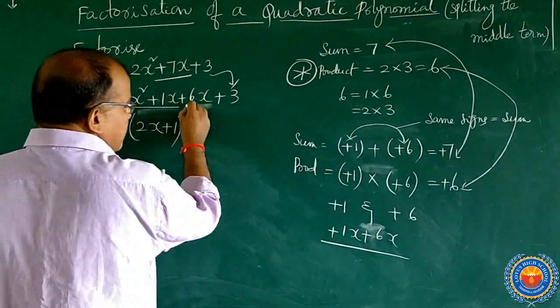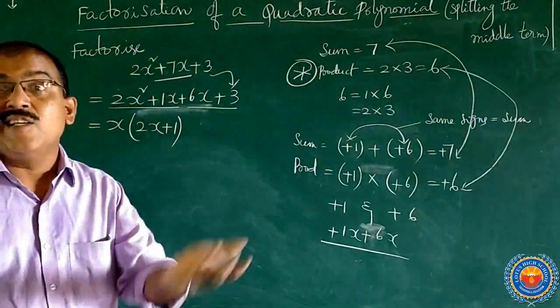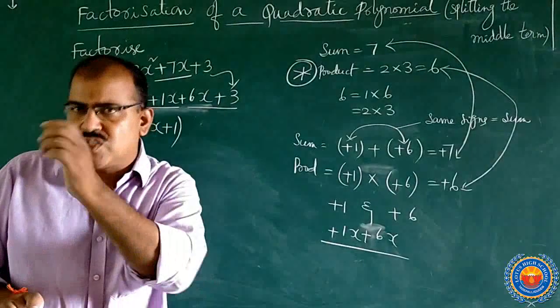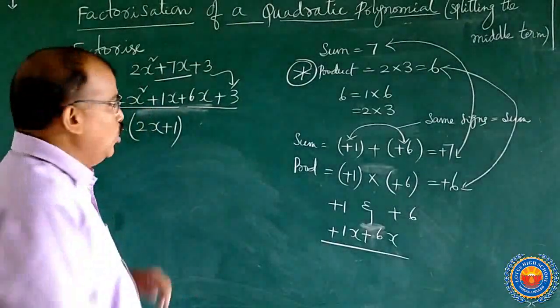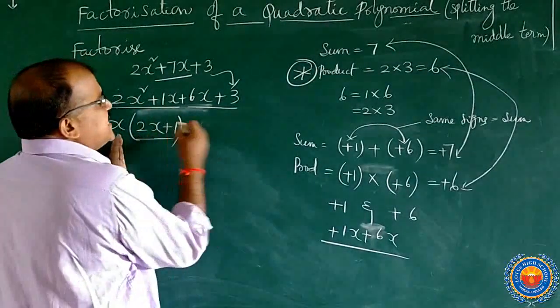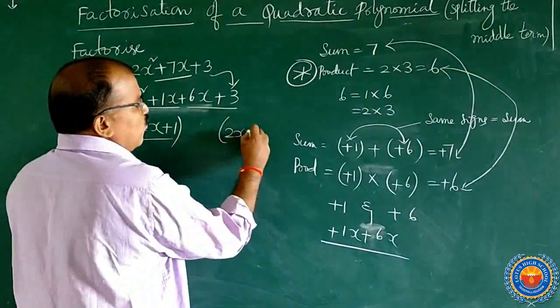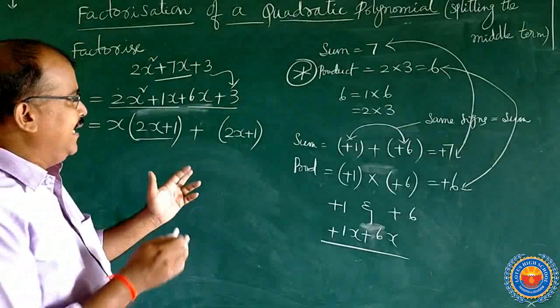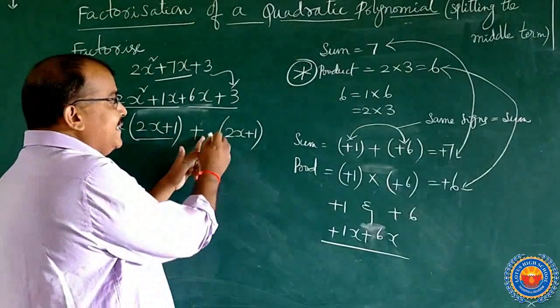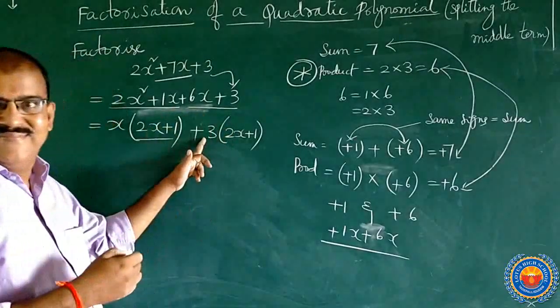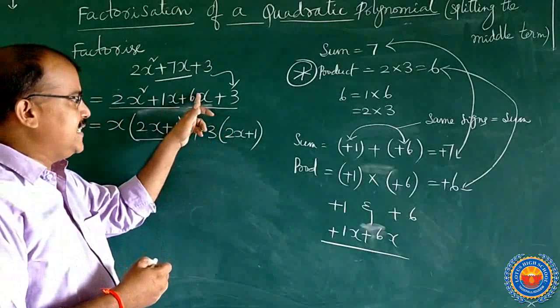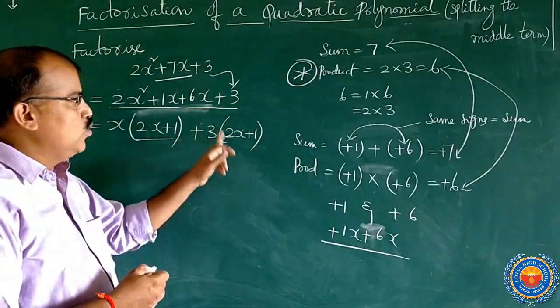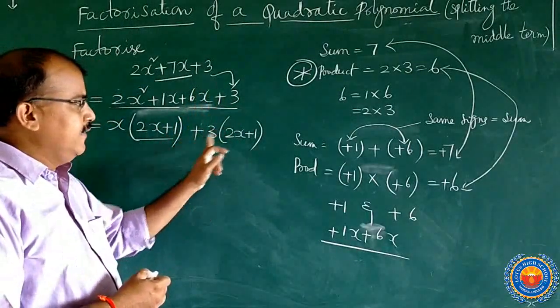Normally you take this part and you can go for factorization. Instead of that, I am using a small shortcut. What is the shortcut, you already know. So here as it is, what is in this bracket you write 2x plus 1. And now just go for some trial and error. I think I can take 3 here. So 3 2s are 6x plus 3 1s are 3.